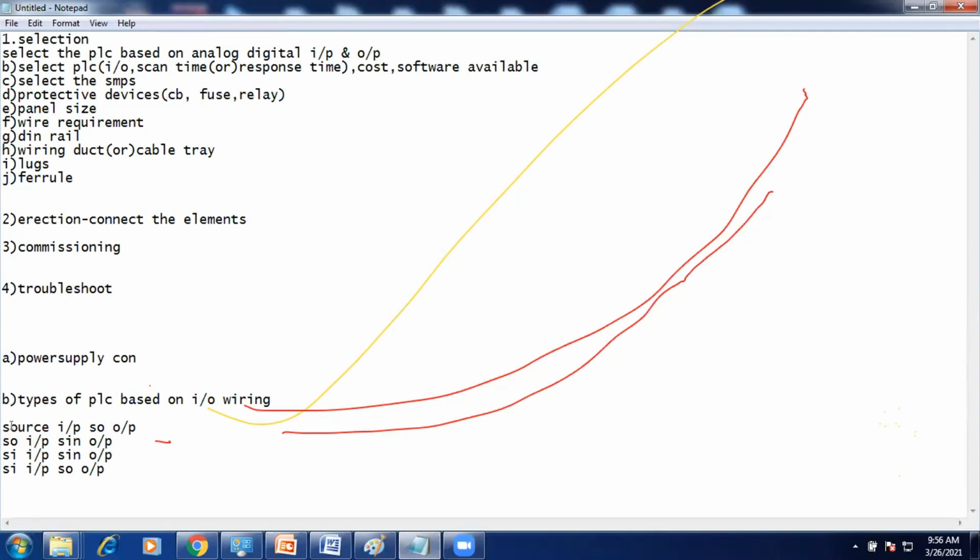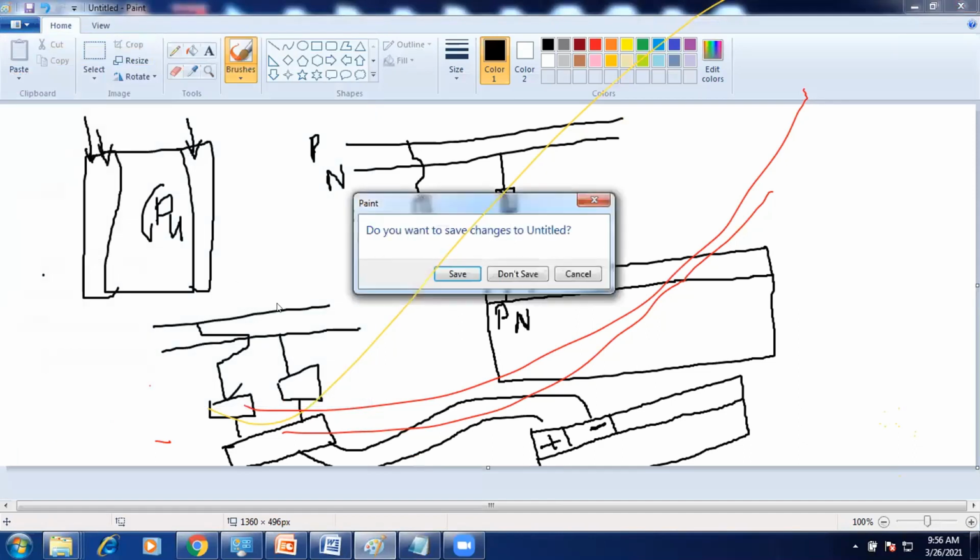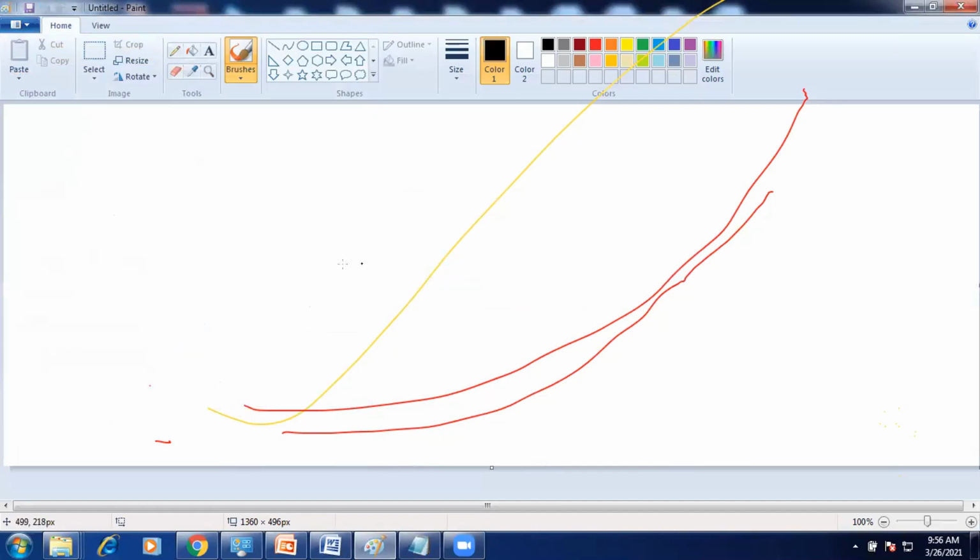Here I am considering source input first. Okay. So this is my PLC.